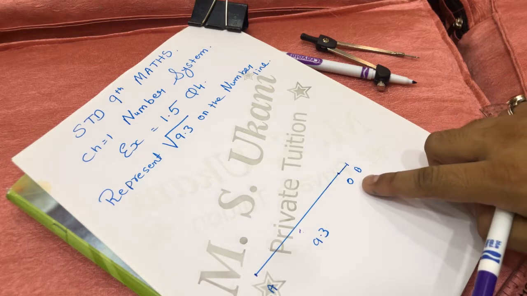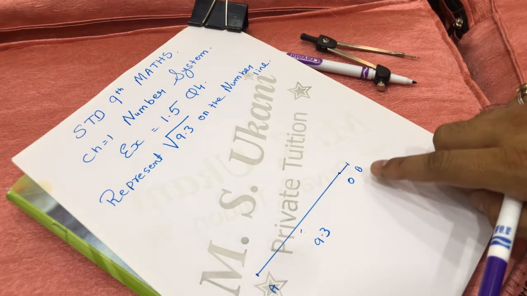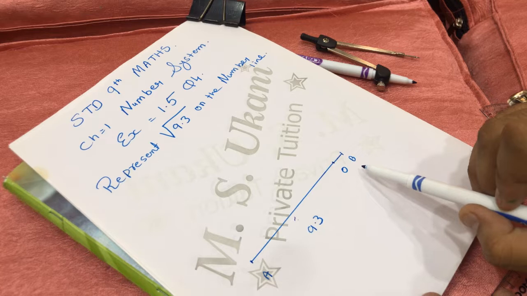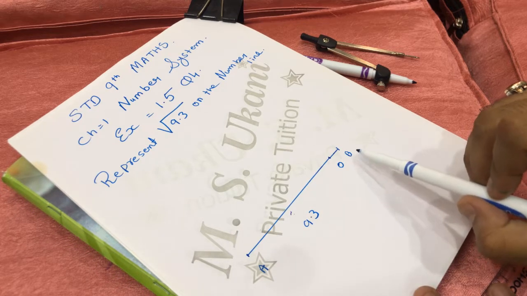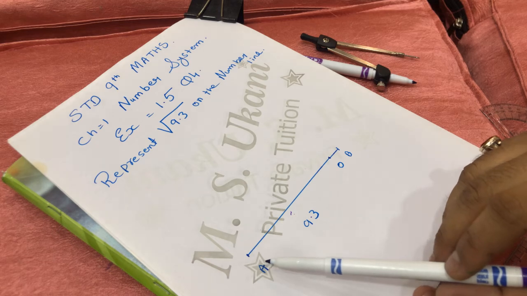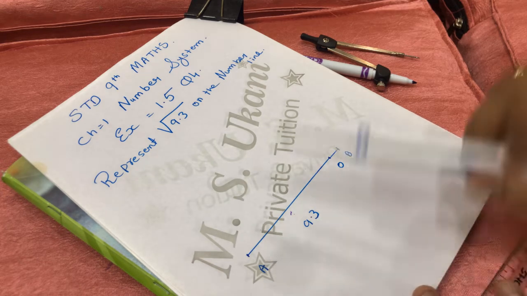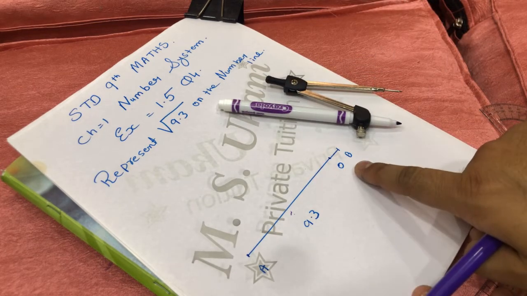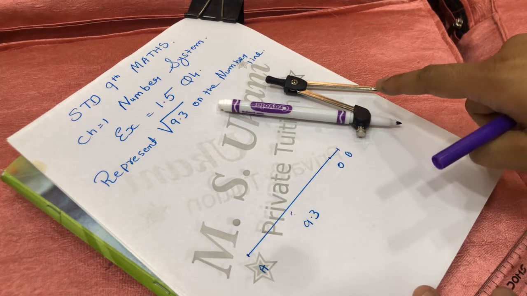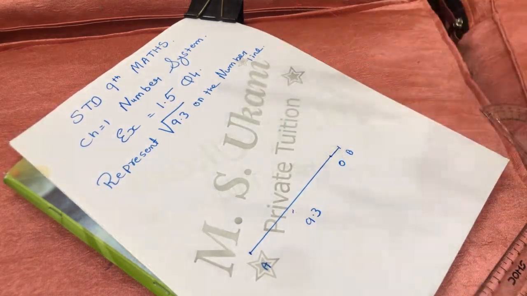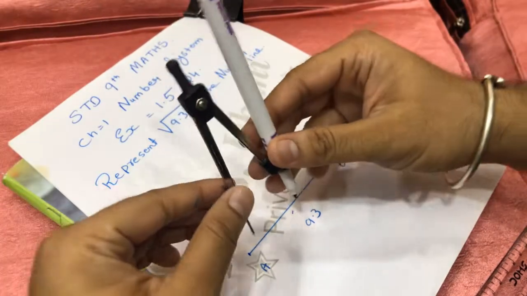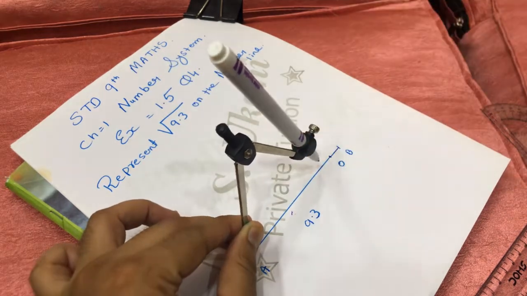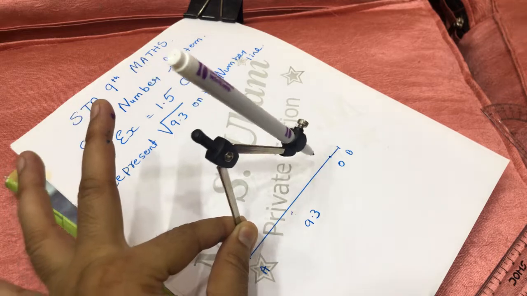Now after extending one more cm from O to B, we have to make a perpendicular bisector of A and B. Now what do you mean by perpendicular bisector? Means we have to find the midpoint of A and B with the help of a compass opened more than the radius. Perpendicular bisector means we have to open the compass more than the radius. Means from here we have to start, putting the compass on point A and opening it more than the radius. See, like this. It is known as perpendicular bisector.